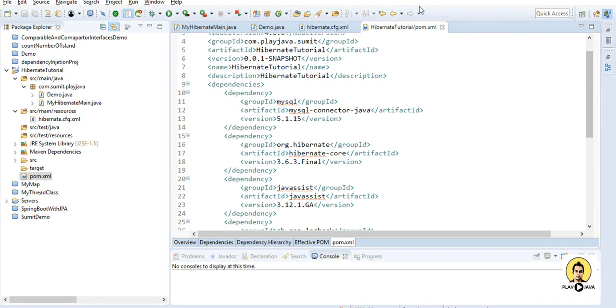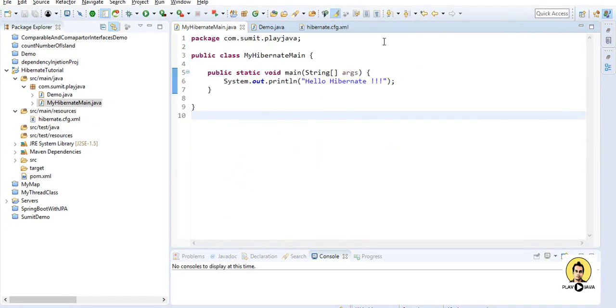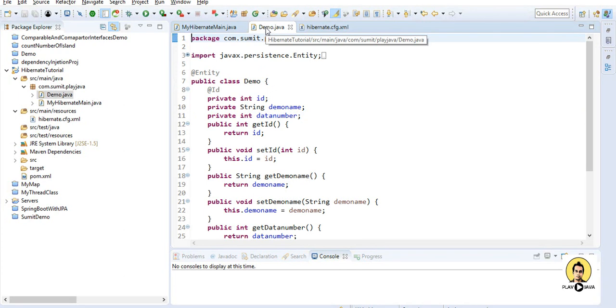So in this part, we will create a session factory through configuration, and through the session factory we will create sessions, and after that we will do the transaction. We will provide a demo schema, and a demo table will be created in the db schema, and we will provide data in that.